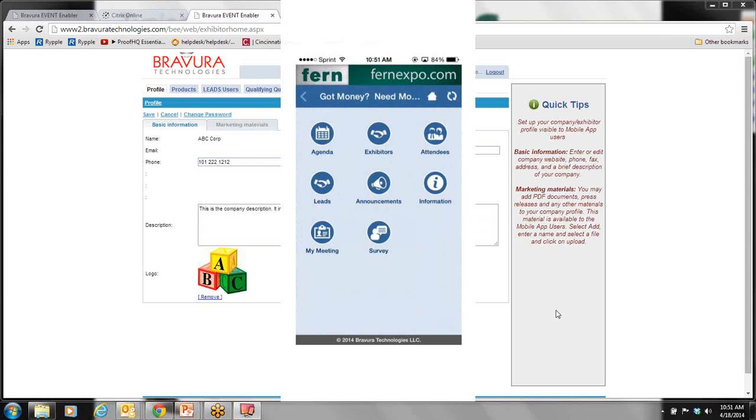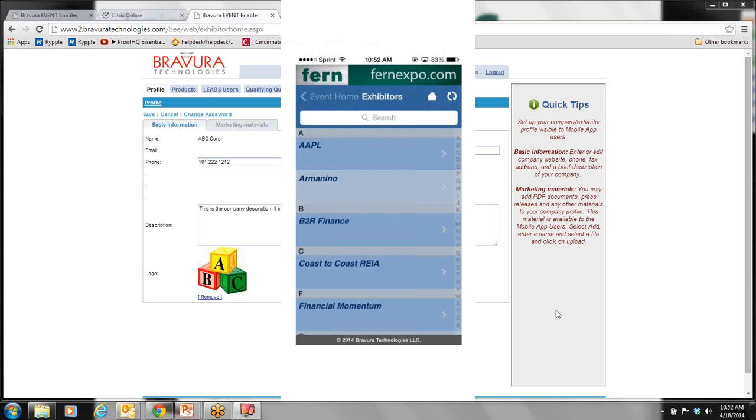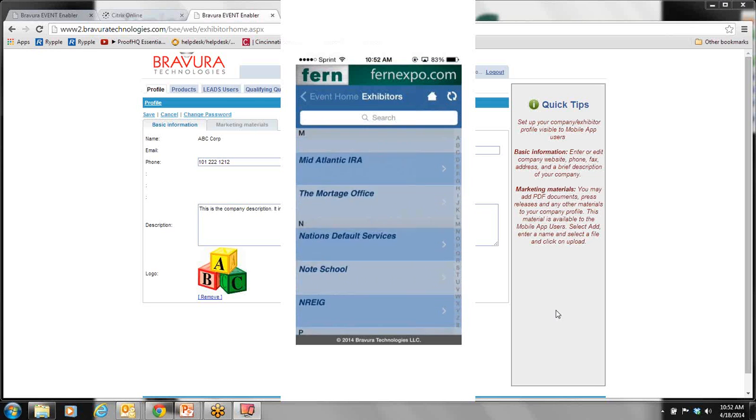I would encourage you to also spend time on the app looking at some of the other features that are for all the attendees. The app allows you to see all the agenda content, all the educational sessions, all the keynote sessions. You can also see what your listing looks like in the exhibitor directory. You'll see top center the icon that says exhibitors. This here is the directory